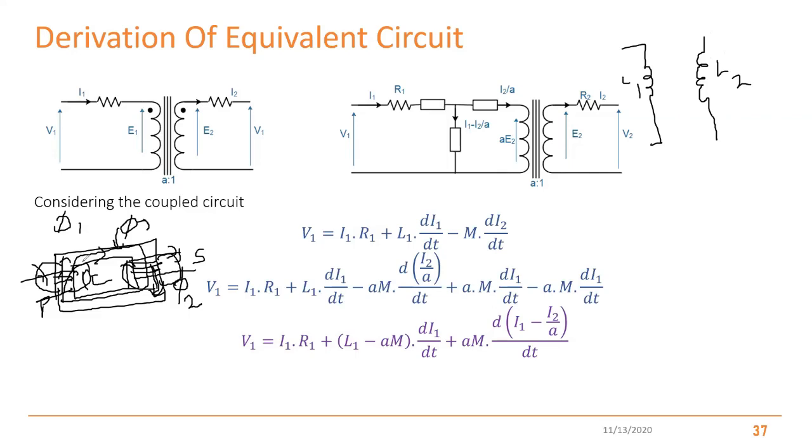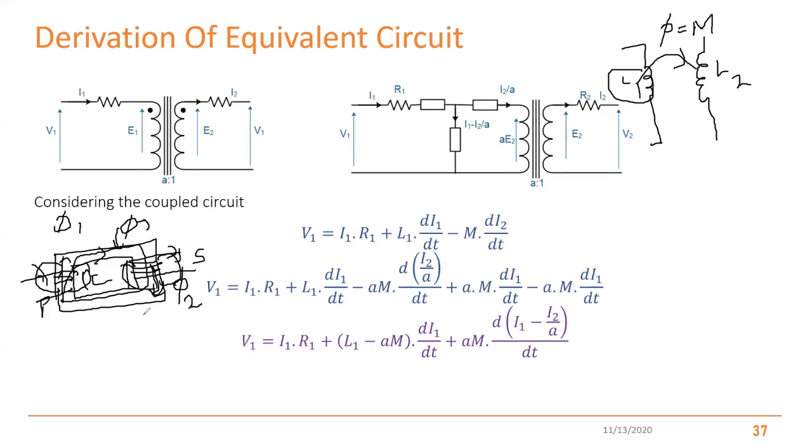The flux produced by one coil is coupled with itself, and in such situations we can model it as a self-inductance. Therefore the two coils have L1 and L2 self-inductance. Then what we have is another, mutual flux, which can be represented by the mutual inductance. That is known as the mutual inductance.